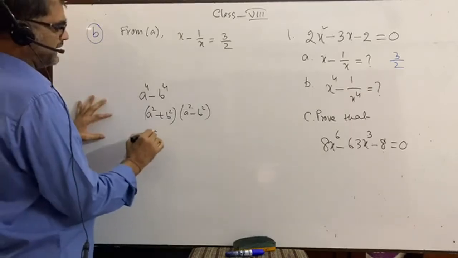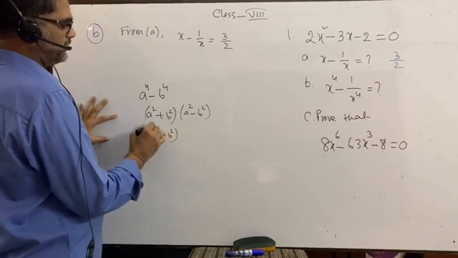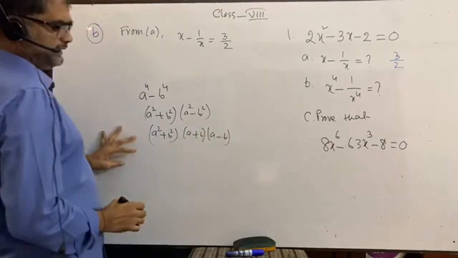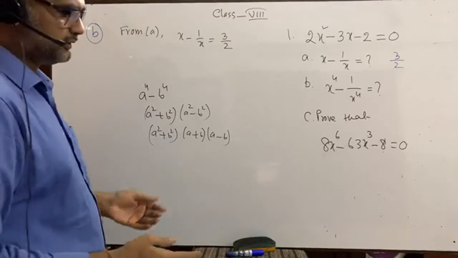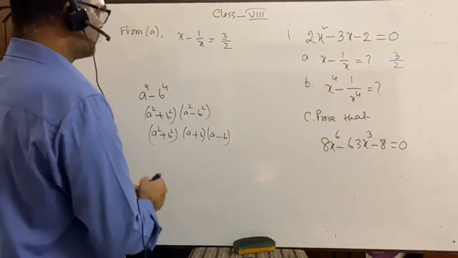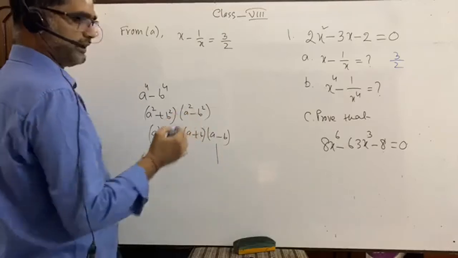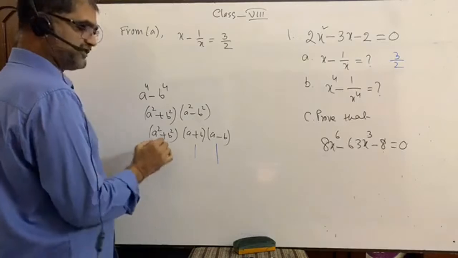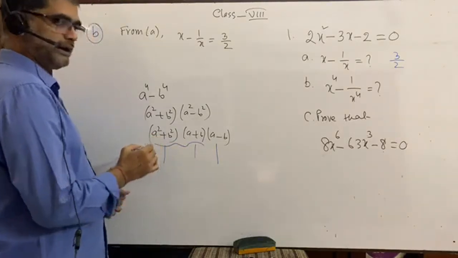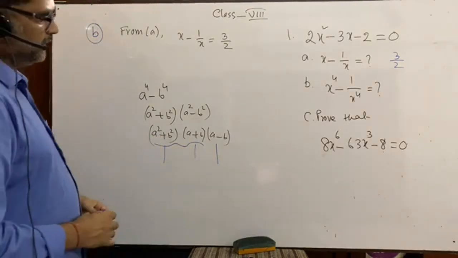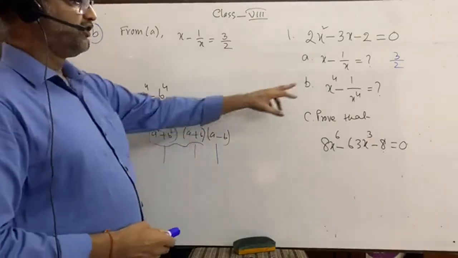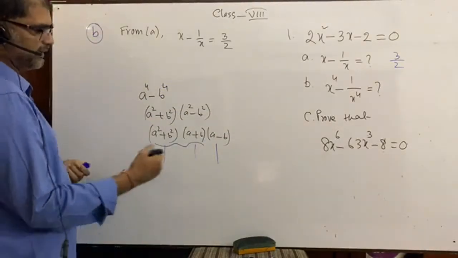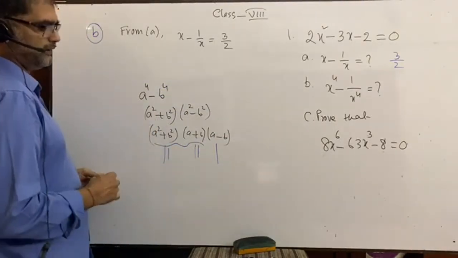Again it is a square plus b square. It is a plus b, it is a minus b. That is, we have to find three values. Unfortunately, we have got only one value. This value is given. Then what is to be done? We have to find this value and also this value. So these two values are to be found first. Then I will go for doing this math. Before that, I am going to find the value of these parts. Pay attention.